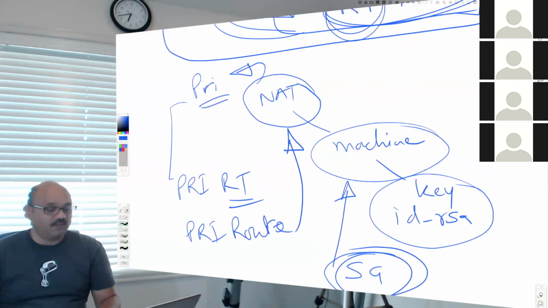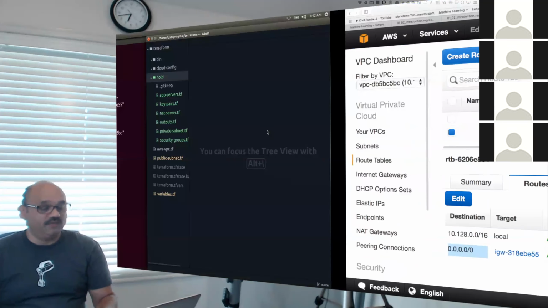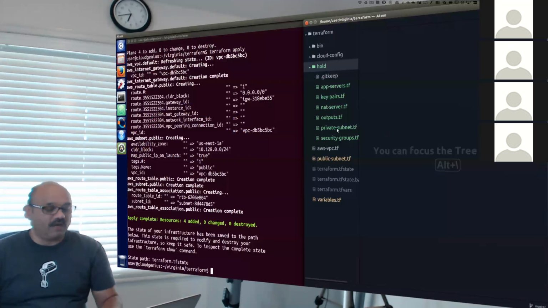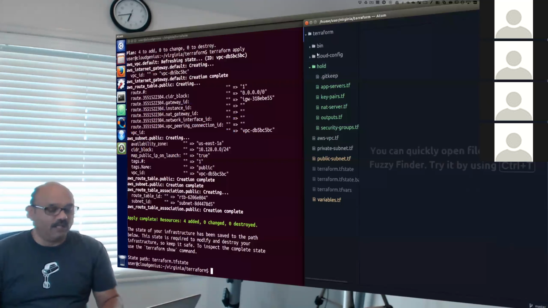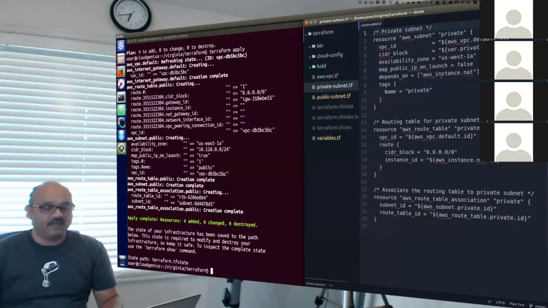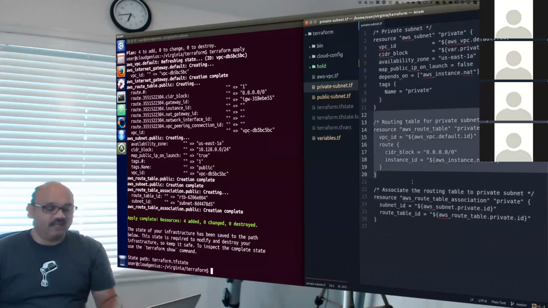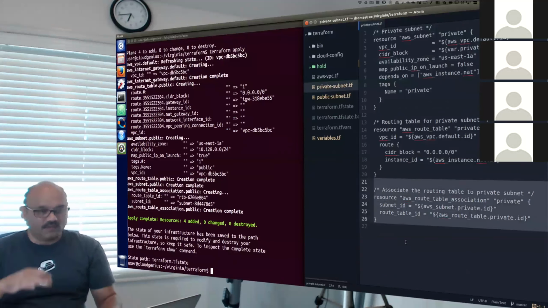So you cannot just randomly start creating a private subnet, because if you do, watch what happens. If you just take this private subnet and say, you know what, move it out of the holding area and drop it there. And now we have this private subnet defined. And by the way, this private subnet says west, so I need to go change it to east, which I just did. Save it. And then you have this private subnet defined in this section, a private route table defined in this section, and the association defined in this section. So three sections for the subnet itself and the corresponding route table.